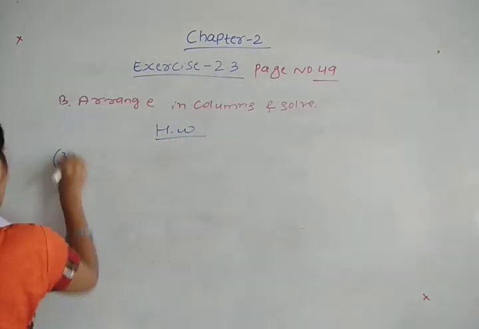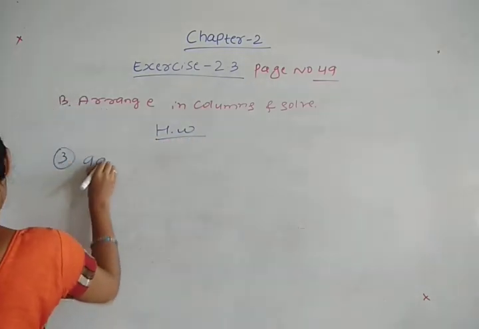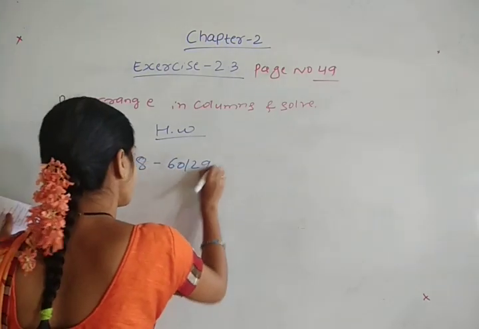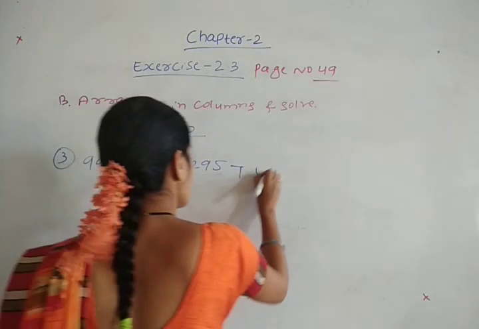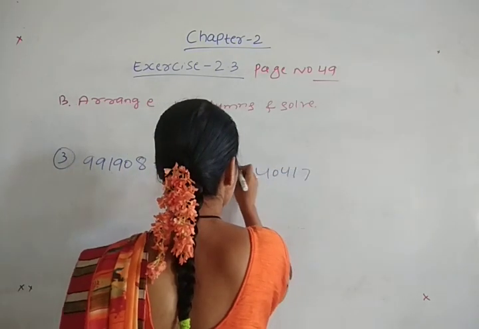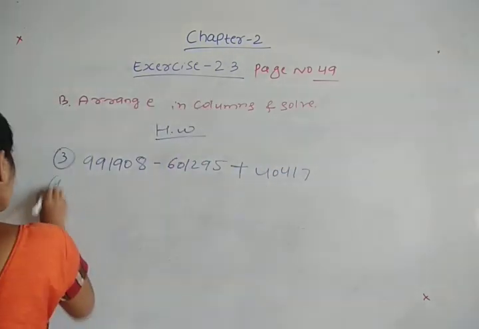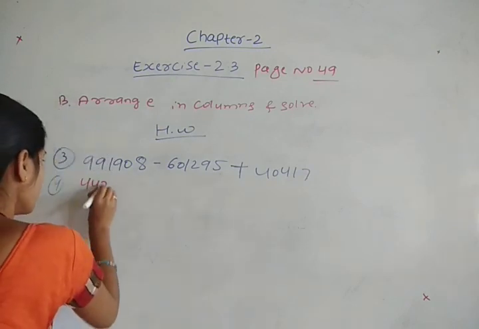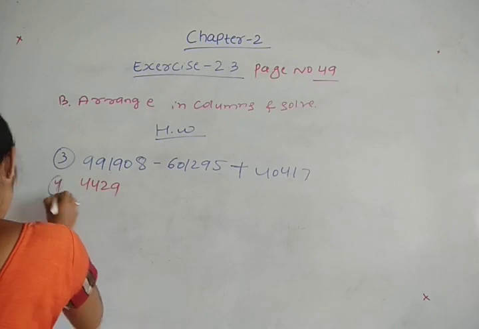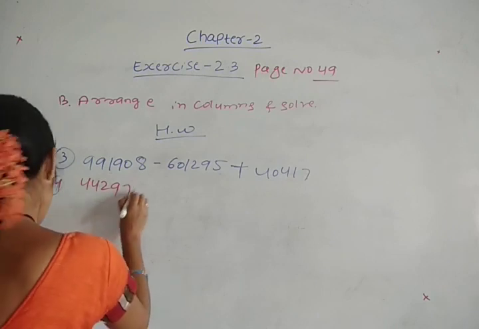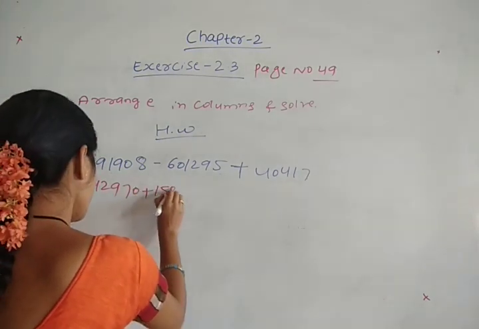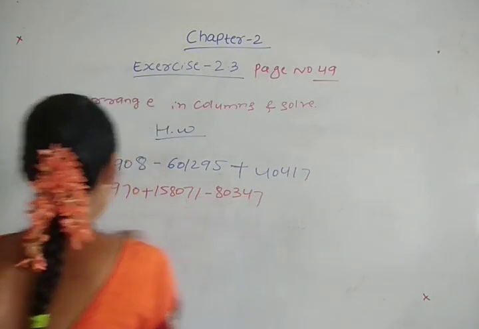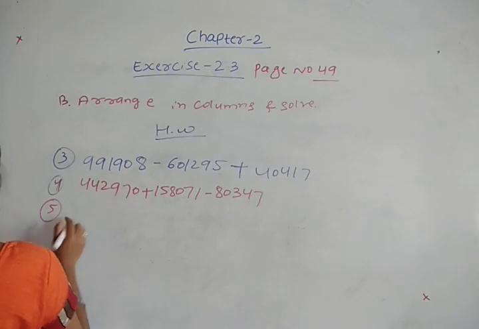The third question is what? It is 991908 minus 601295 plus 40417. Okay. Now the fourth question is 4470 plus 158071 minus 80347. Okay, the last question is